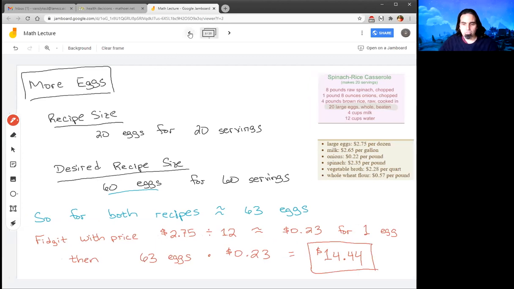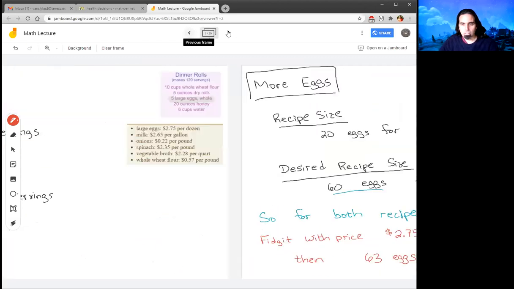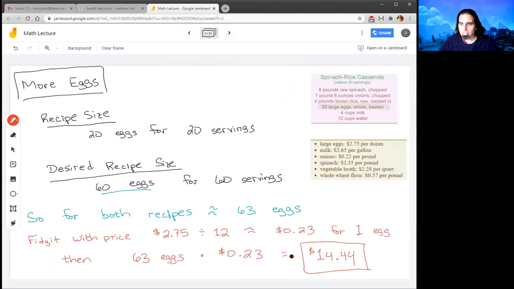So we've done 2 parts of this. We've done the cauliflower and we've done the combined eggs from both recipes. And they were complicated in different ways, but there we go. Okay, I'm gonna stop the recording, but you can still ask